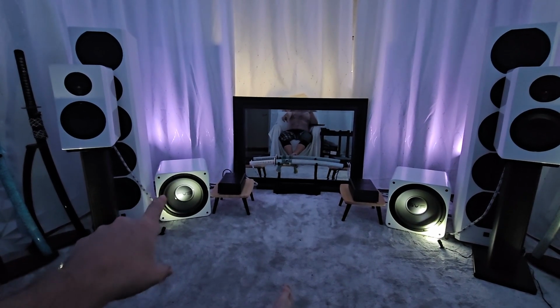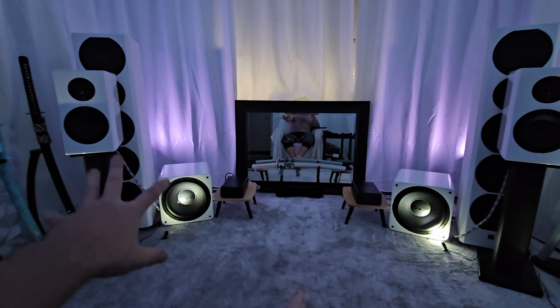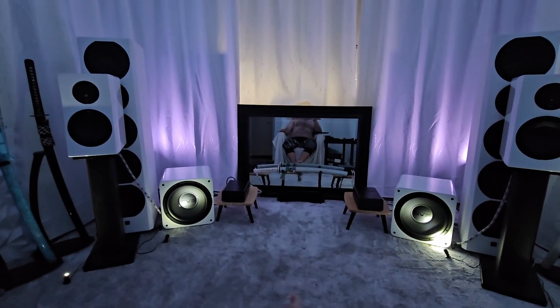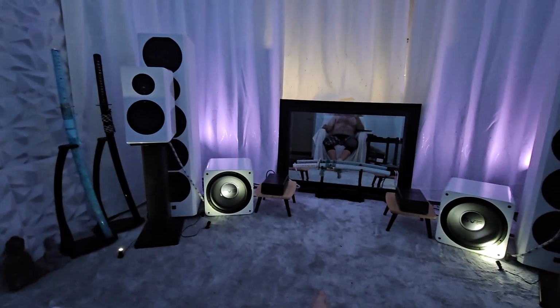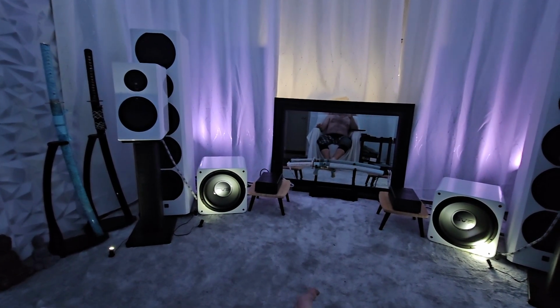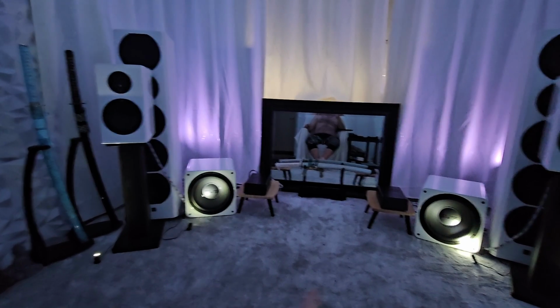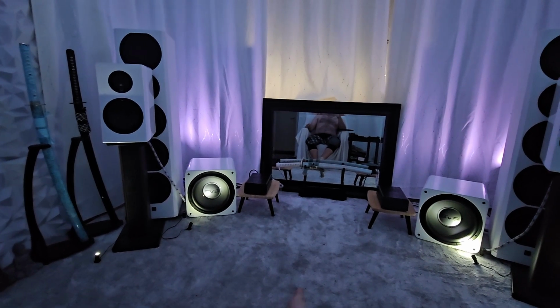Something about the depth and impact of the driver and the tech or the amp or something. I'm blown away how easily I can hear the difference. Like, immediately I can hear the difference in the sub versus the tower. 100%. I don't even know that there's going to be a comparison there, a fair comparison. The sub...